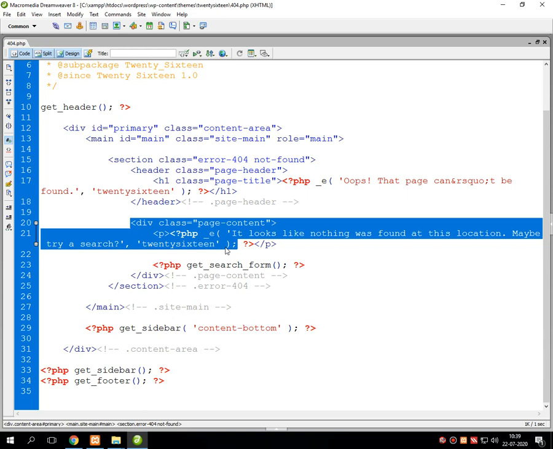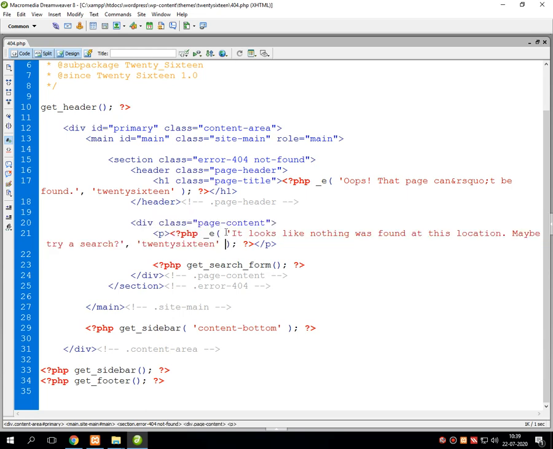This exception works with the search part of the entire theme. Whenever you try to find the location of a specific file using the search window, and it is not available, then it simply returns 'It looks like nothing was found at this location, maybe try another search', and then the name of the theme is given over here.